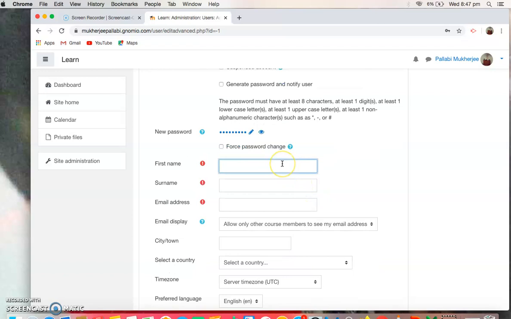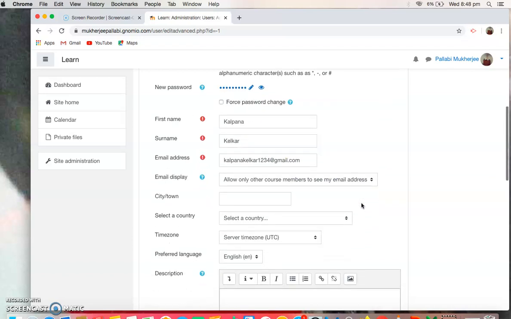Then you can fill up the other details, like the first name of your student, the last name of your student, the email address. I have a valid email address of her. That I filled up.